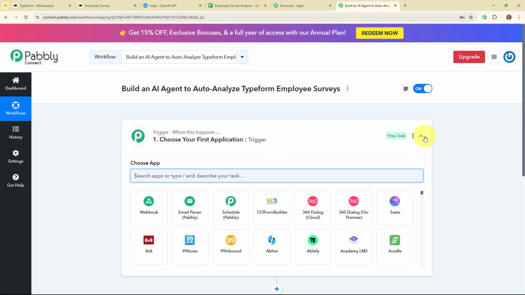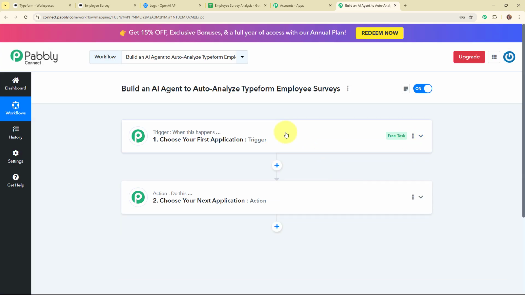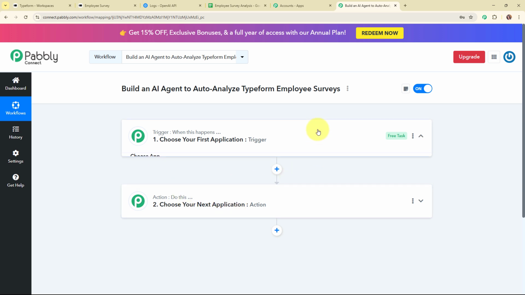Now here in this workflow window you can see we have successfully created a workflow, and here on my screen you can see the two most important principles of an automation process, that are trigger and action. Where trigger says when this happens and action says do this. That means action is a response towards that trigger. Your automation can have a single trigger but multiple action steps. Now let's begin with our automation by simply setting up a trigger.